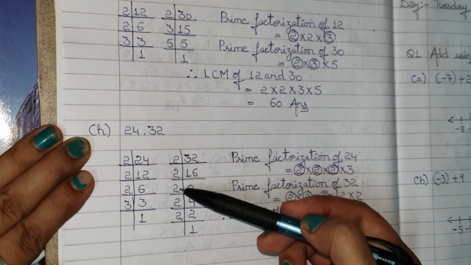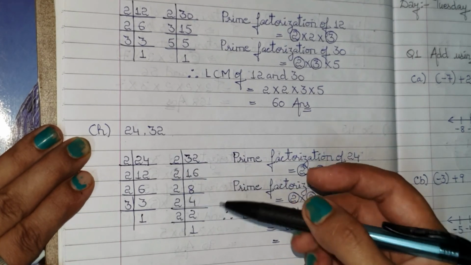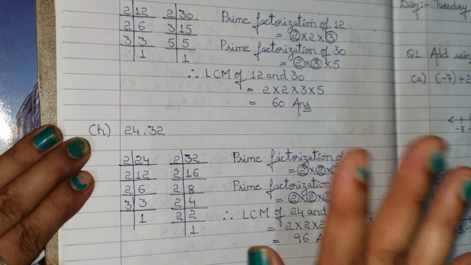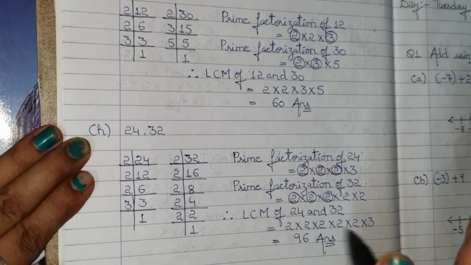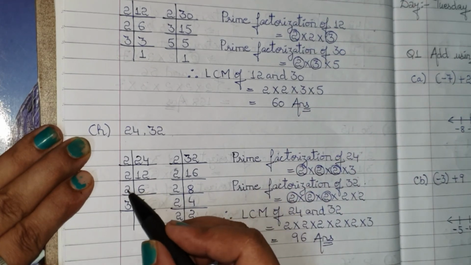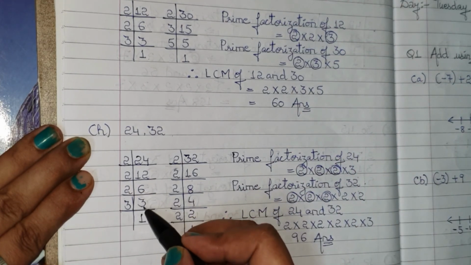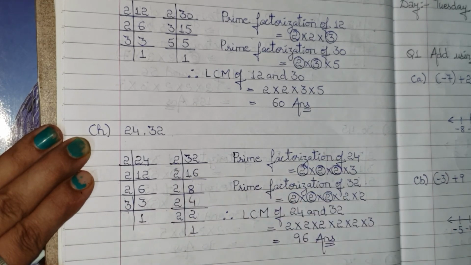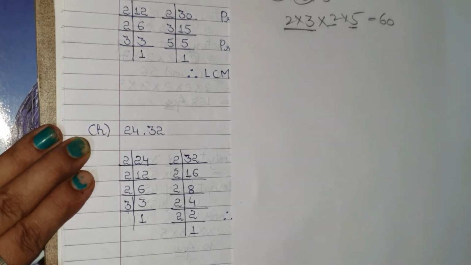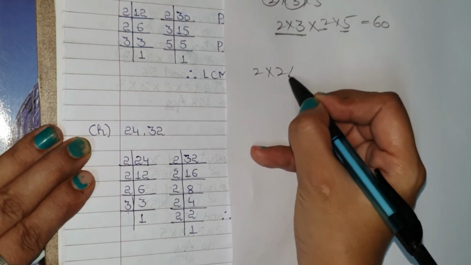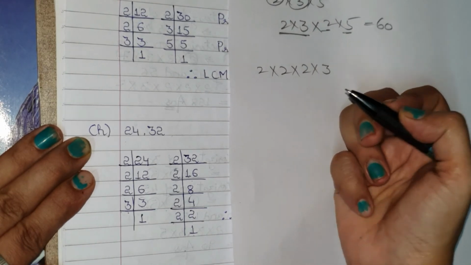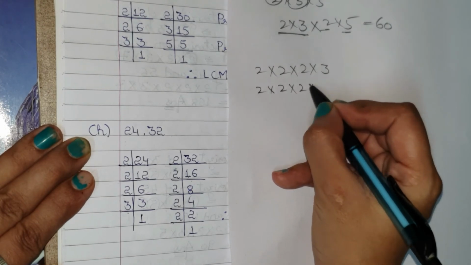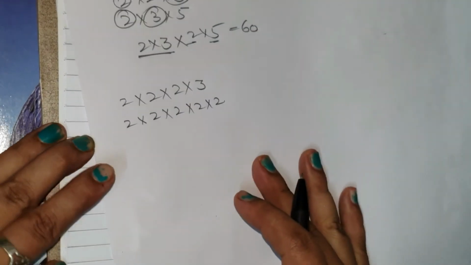So you have to keep on solving by the table of 2 until you stop getting the number divisible by 2. Once it is finished by the table of 2, then you move on to the next table, like here. So we know 2 3s are 6. Now 3 doesn't come in the table of 2, so we move on to the next table, that is the table of 3. So here the prime factorization of 24 is 2 into 2 into 2 into 3. This is the prime factorization of 24, and the prime factorization of 32 is 2 into 2 into 2 into 2 into 2. 5 times 2 is there.